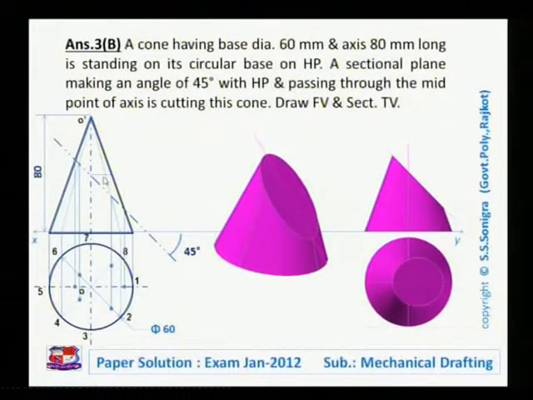It means we have transferred this point to true length, as this length represents the true length of the generator. So from here, draw a horizontal line like this, and from here, draw a vertical line, and that will cut O1 at one point over here. From that, draw an arc on both sides, on O7 and on O3 as well. So we have located 2 points.